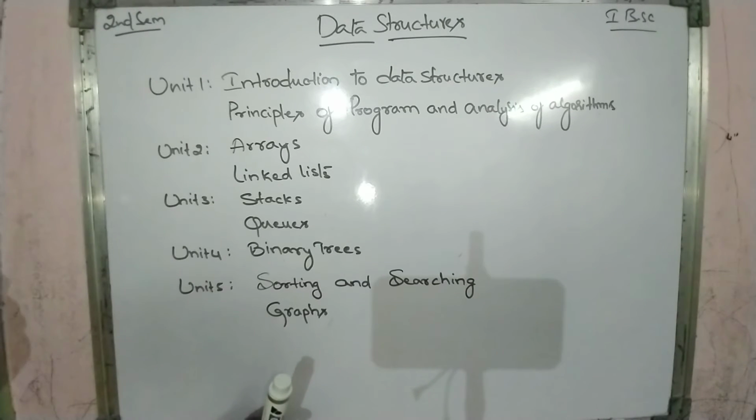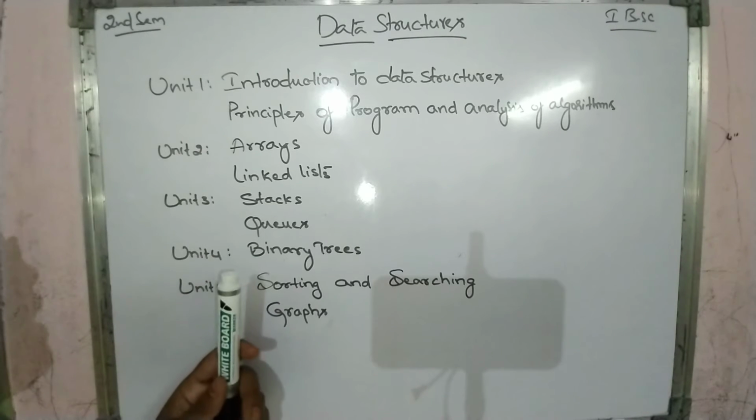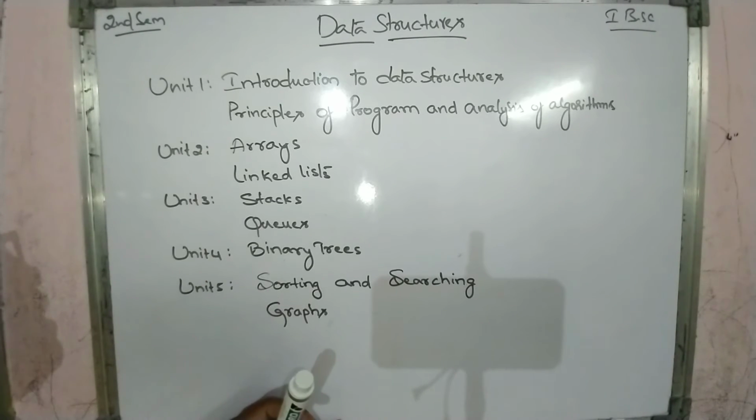And the next we move to second unit, that is Arrays. Arrays already you learned in your C programming, what is an array, how many types of arrays are there, all this. So same we learn in your arrays. That means in this we learn about what is an array and different types of arrays, how we declare an array, how we initialize an array, all this.